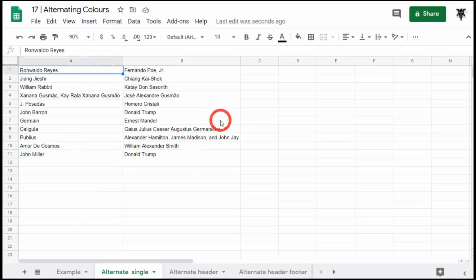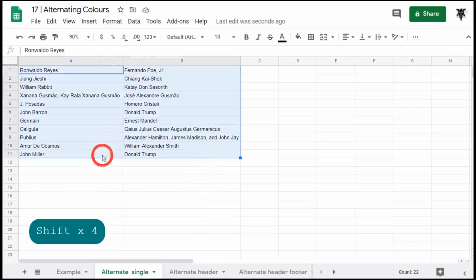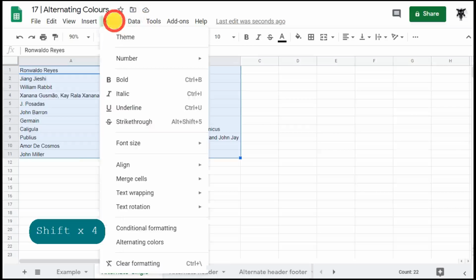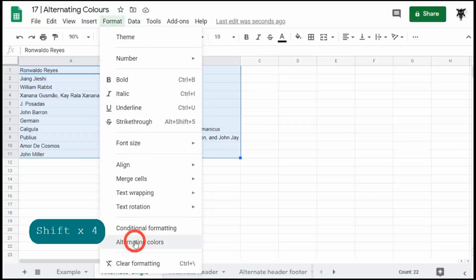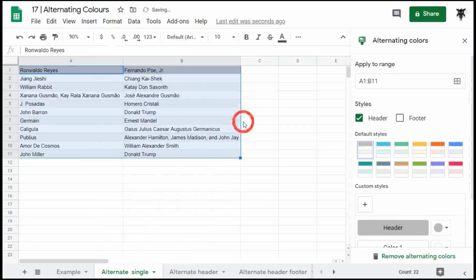So the first thing we need to do is to select a range. We click up at the A1 cell, hold shift down and click down to the B11 cell. Then we go to format, go all the way down to the bottom where it says alternating colors. On the right hand side you can see a pop-up. Now first of all, it automatically comes up with a header because you'll usually want a header in your documents,